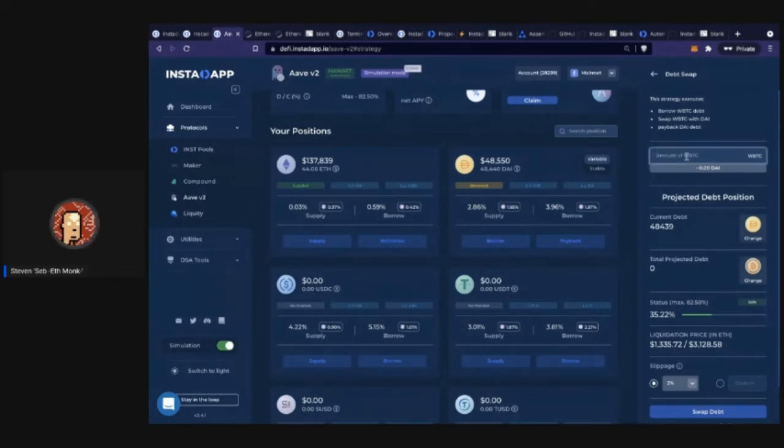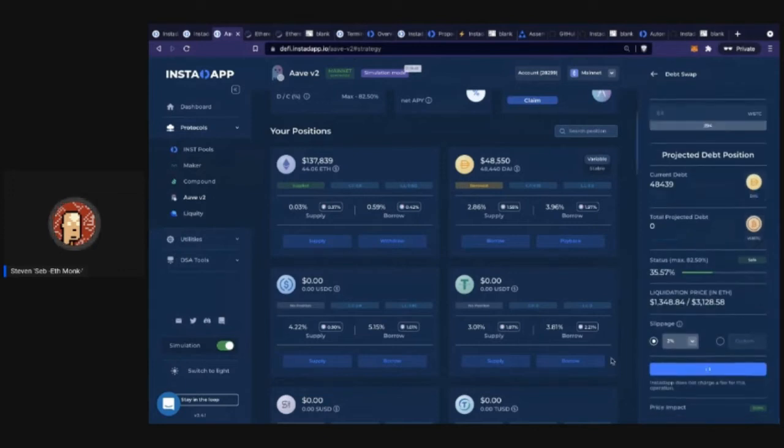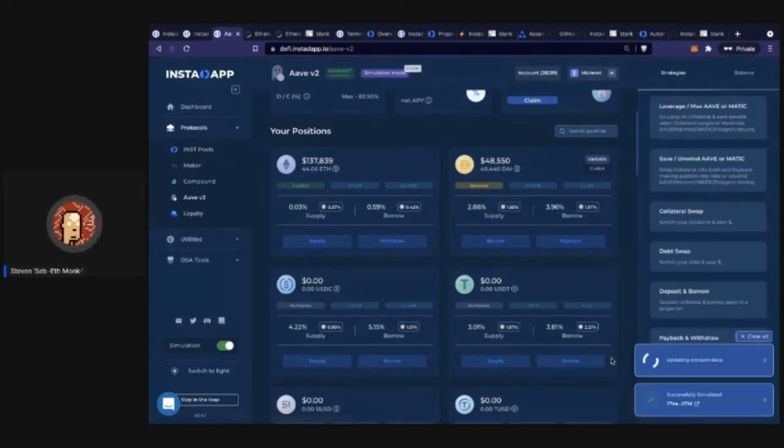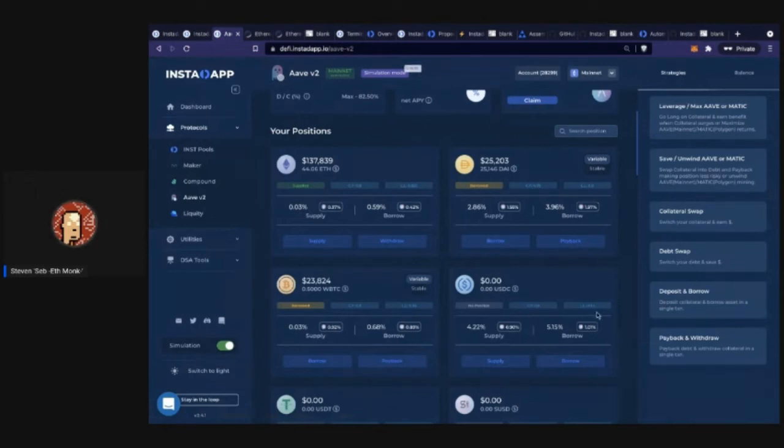We'll do about half a BTC, and then you would swap it. Now the debt that you owe is Bitcoin, but that Bitcoin is priced in dollars. So if the price of BTC were to go down, you could then debt swap that back to DAI, and you would essentially be creating a short on BTC price and reducing your debt in the process.